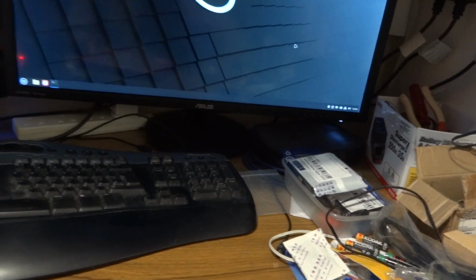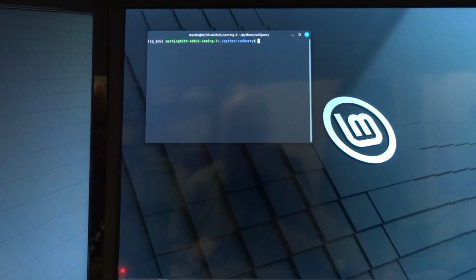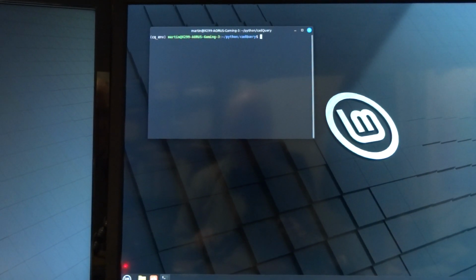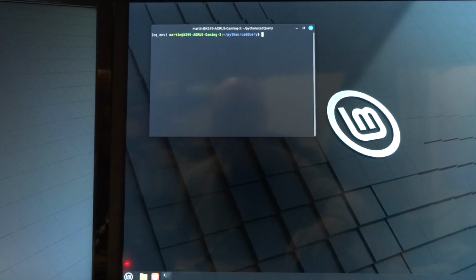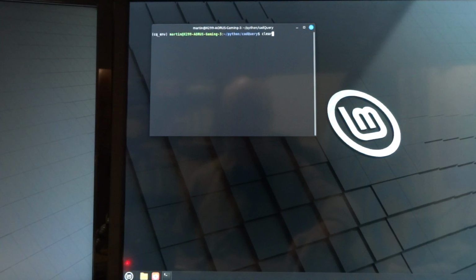I used CadQuery to design the knob, and I thought I'd make a very quick video to show you how to do it. It's a bit like OpenSCAD, whatever you call it, except that it really is Python instead of that peculiar OpenSCAD language. So you just install this CadQuery library for Python,